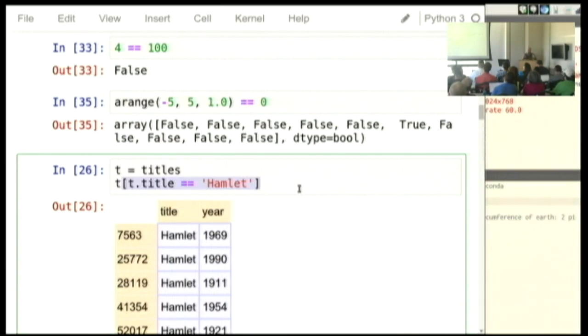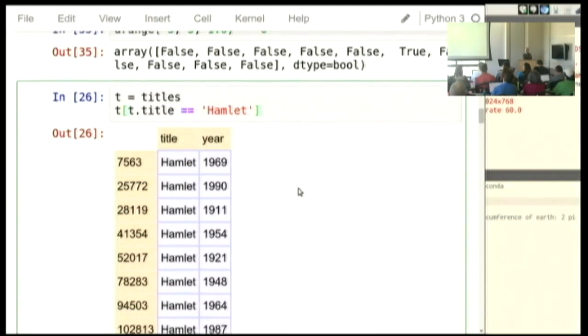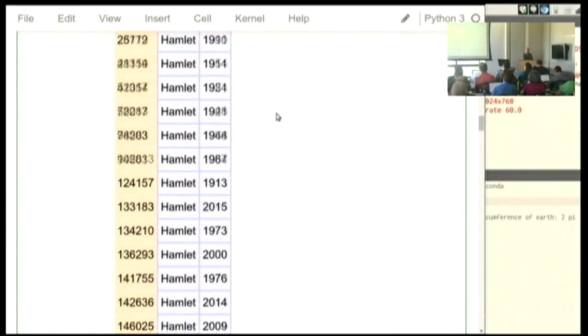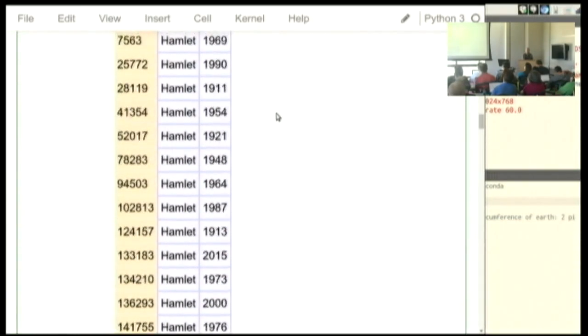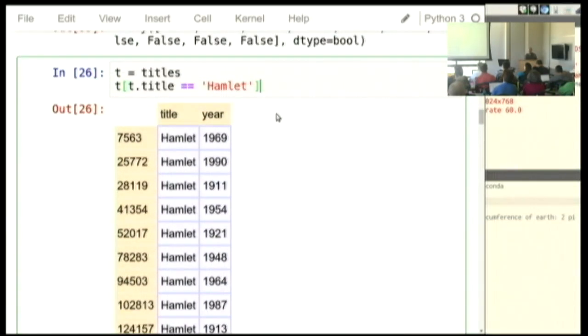For a Pandas data frame, they defined it so that if you give it a bunch of trues and falses, it hands you back the rows for which true is the corresponding value. And so, using a crazily compact syntax, I'm able to very quickly ask for all of the rows in this data frame where the title is equal to Hamlet.